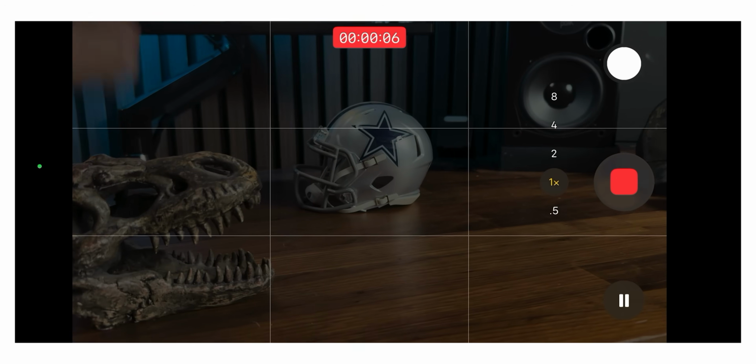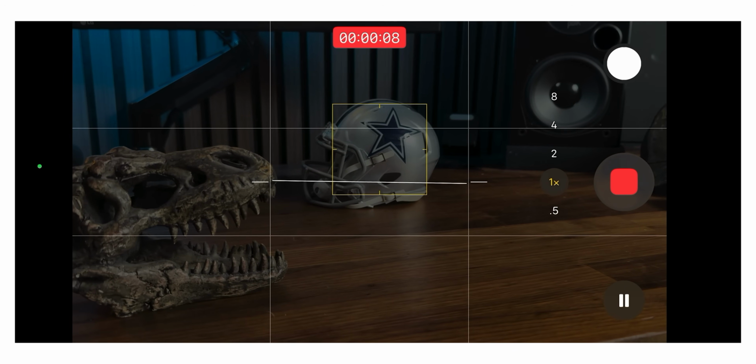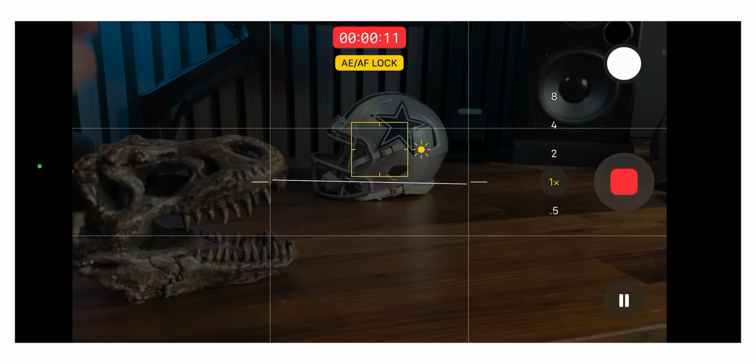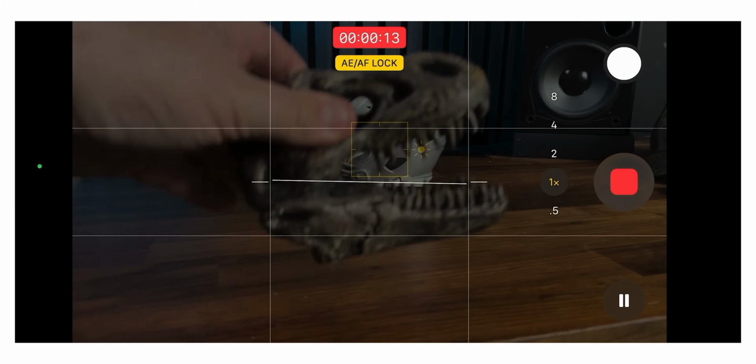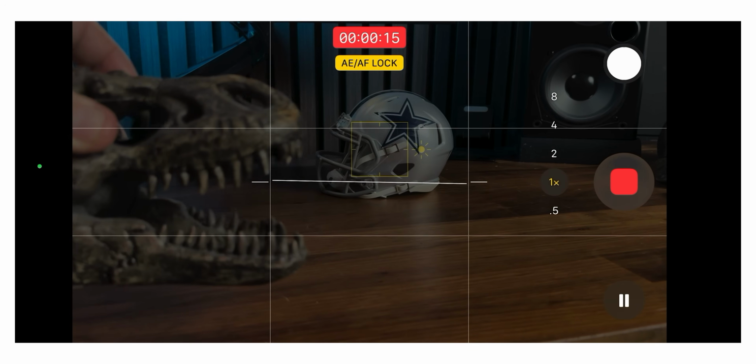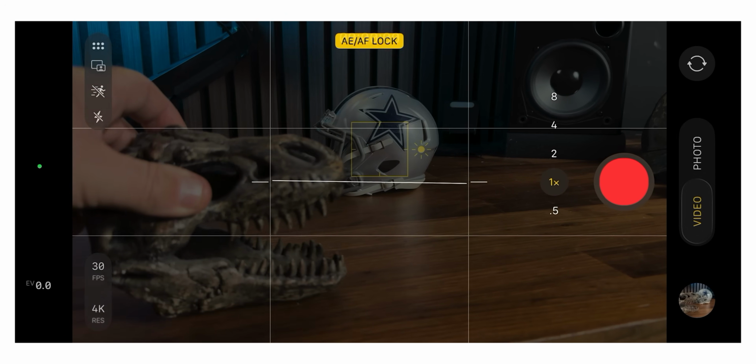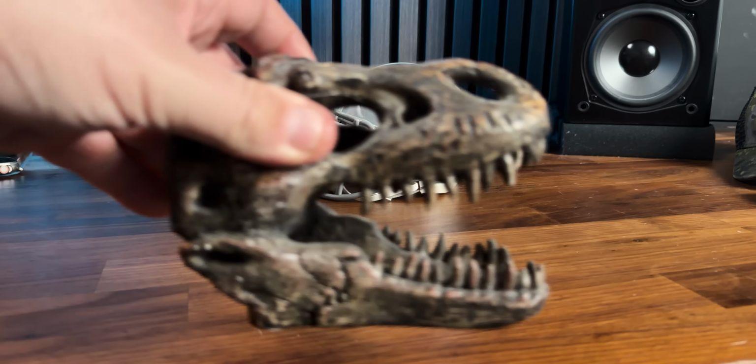Maybe sometimes you do, depending on the shot, but if you want it to be locked onto your talent, then just keep the screen pressed on where your talent is, and then if something else happens, it's not going to change. It's going to lock focus, it's going to lock exposure, how bright or dark the scene is. It's not going to change wildly at all, and then you're good. Because nothing screams amateur and "I have no idea what I'm doing with my gear" more than the focus randomly changing